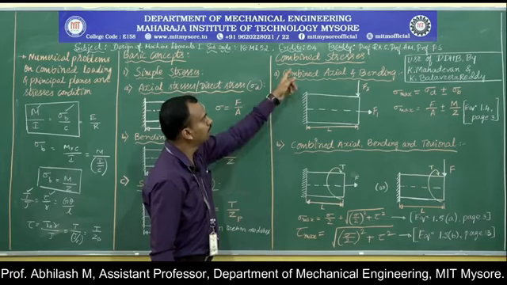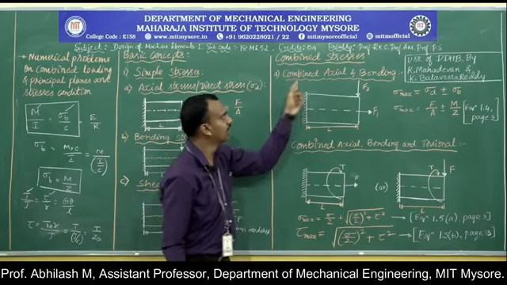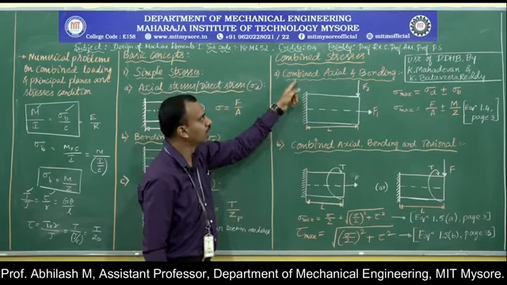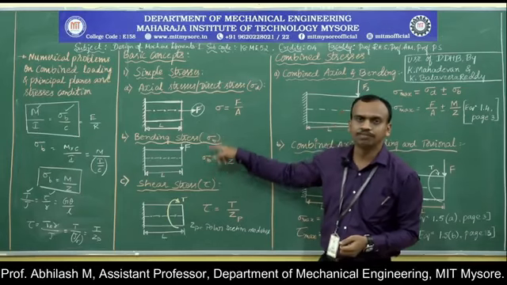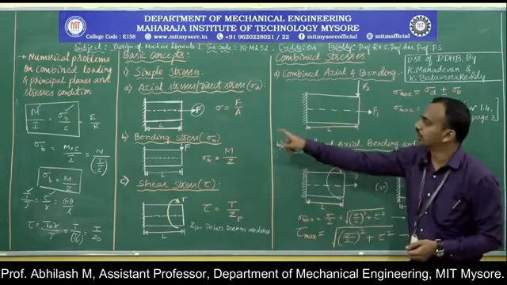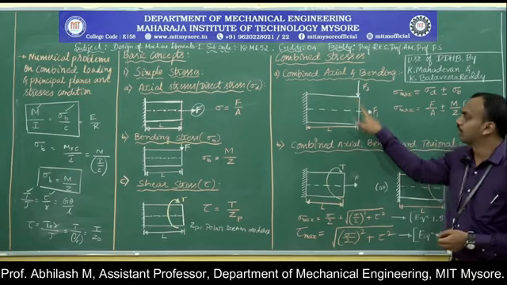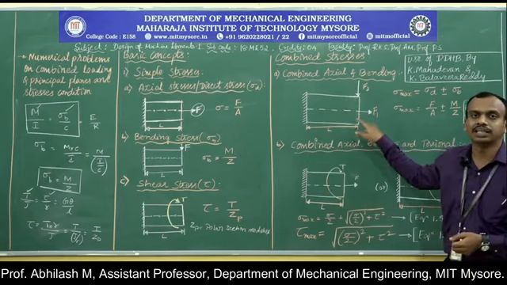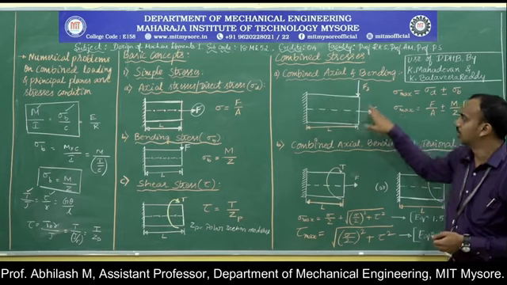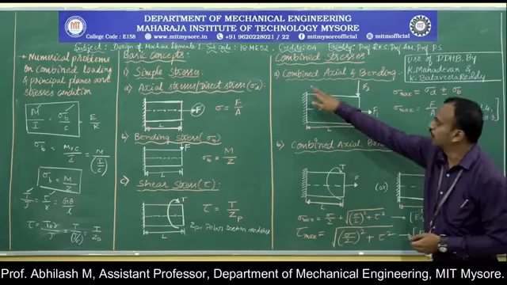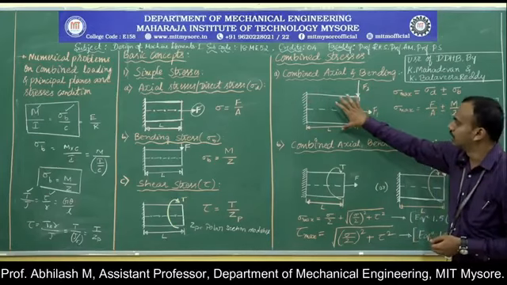To take up the first condition of combined stresses, I am going to consider the combined axial and bending. Here we have observed the loading conditions to be simple and individual. Here we are considering both axial as well as bending. So what is the maximum stress in this component when it is subjected to both axial as well as bending? So the combined axial and bending condition has been taken.